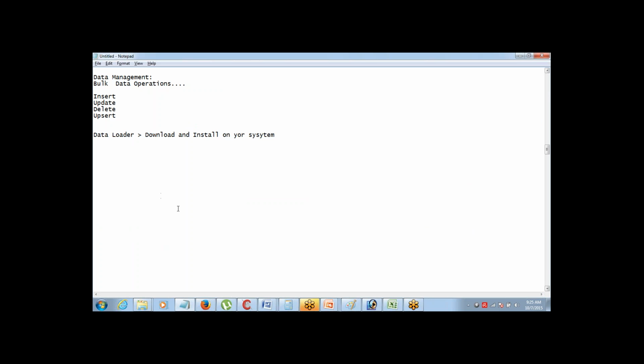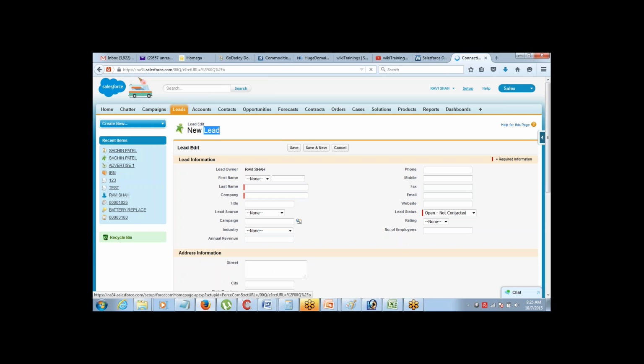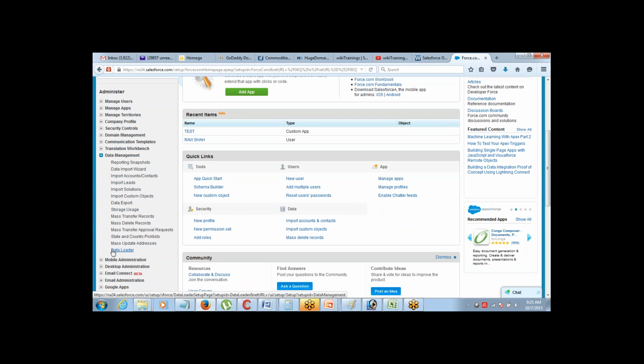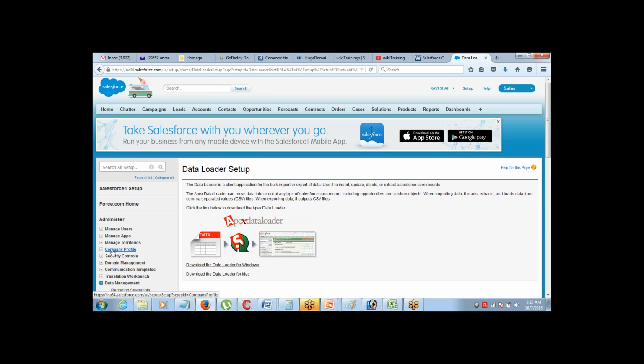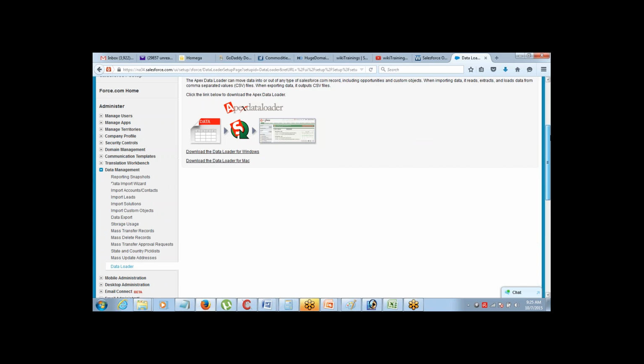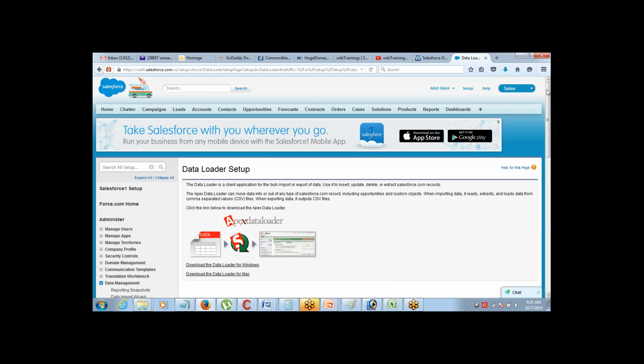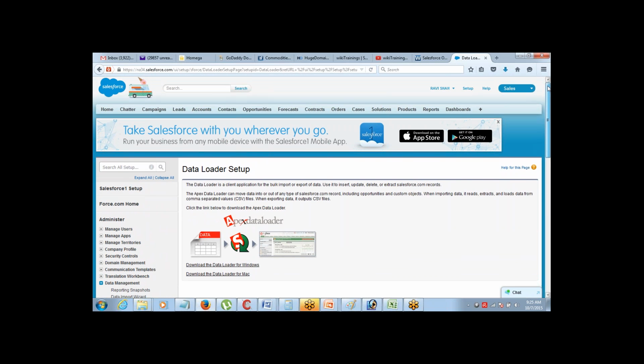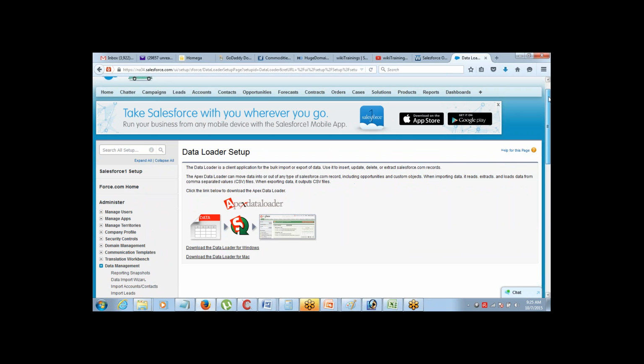Okay, how will you get it? Where will you get it? To get this tool, all that you have to do is go to Setup, Data Management, Data Loader. This is where you will get this application for data operations. Okay, you just need to go to Setup and then Data Loader. All right,